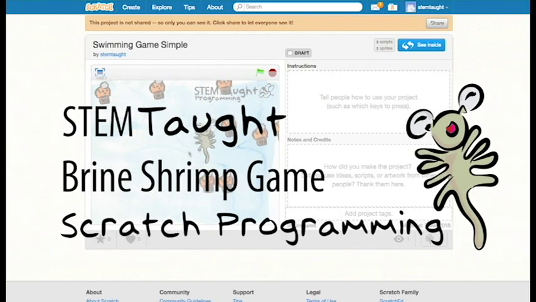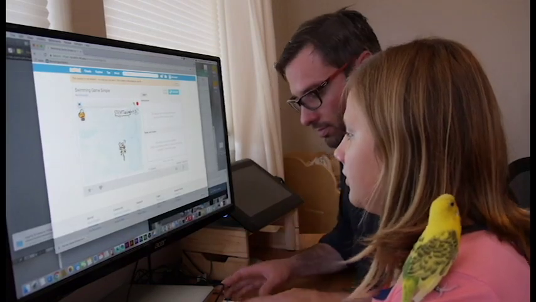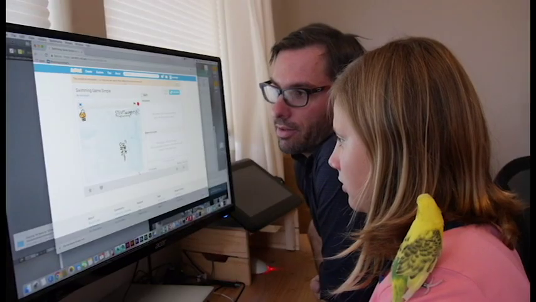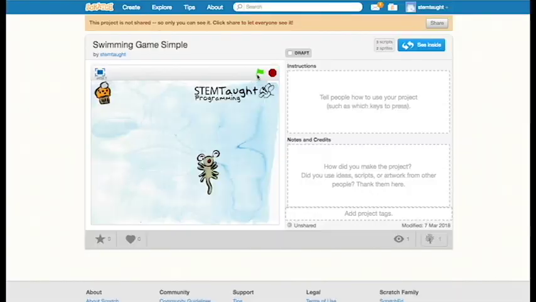So this is what we're gonna build. So you want to play the game? Yeah. So you press these arrow keys. So this is the little brine shrimp guy, and when he swims around, his arms wiggle, and he's gonna